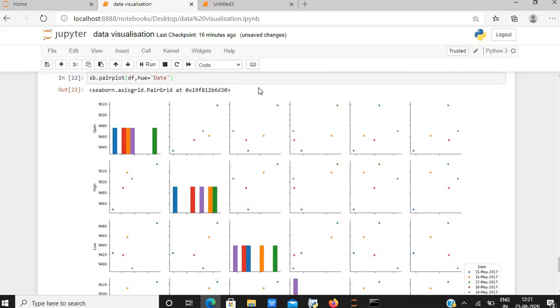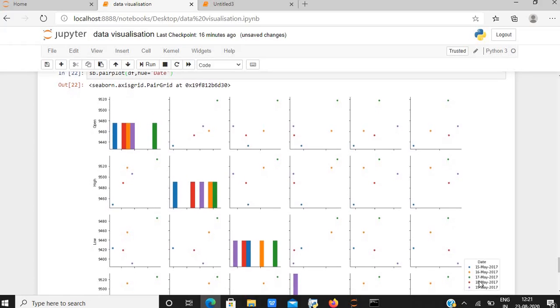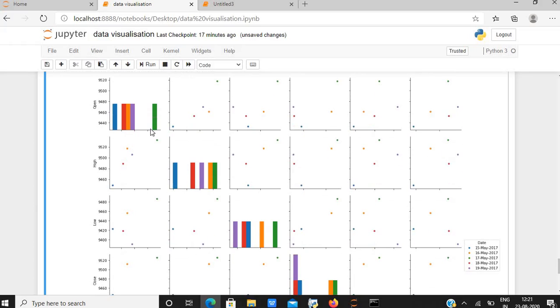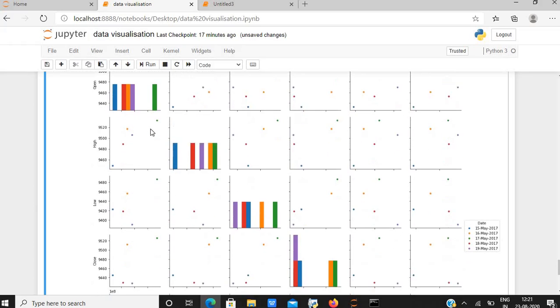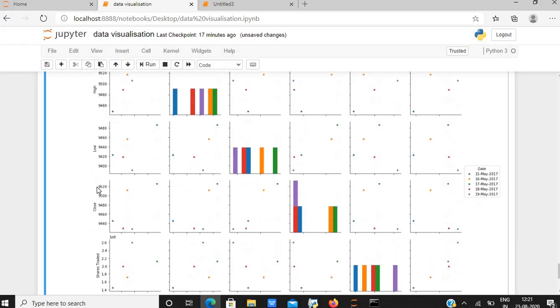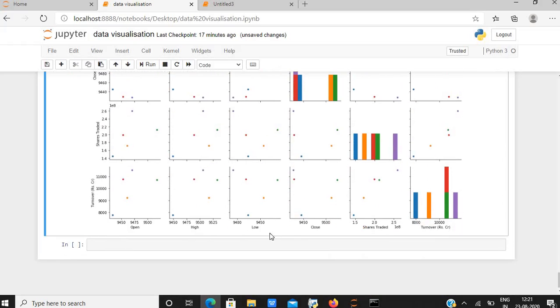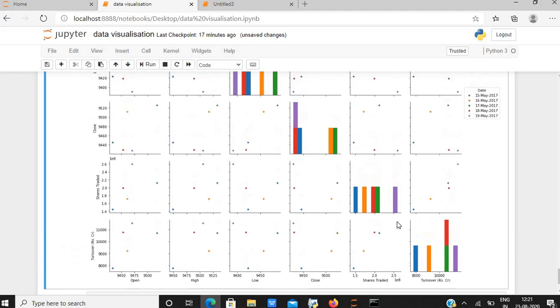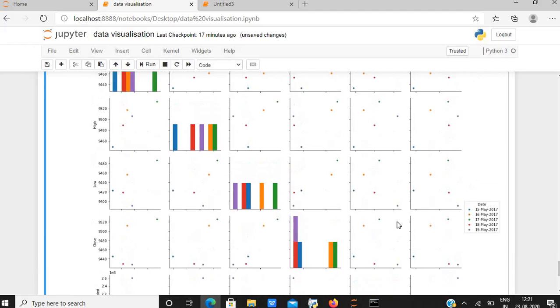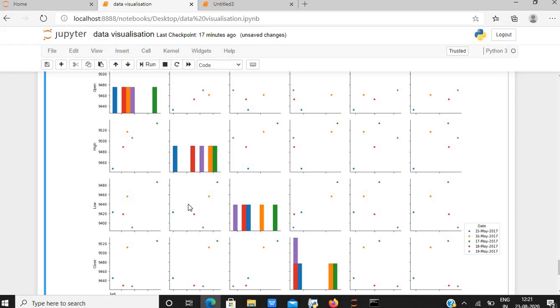Hue is for the color. Blue stands for 15th of May, orange for 16th, and so on. We have distributed with the colors. It helps in proper distinguishing. As you can see, we have all the columns here, and on the y-axis we have also taken the columns. So we have obtained the graph for all the columns with all the columns.